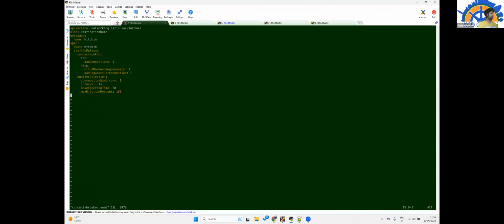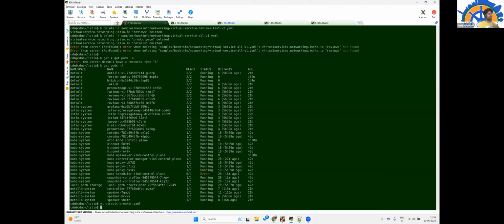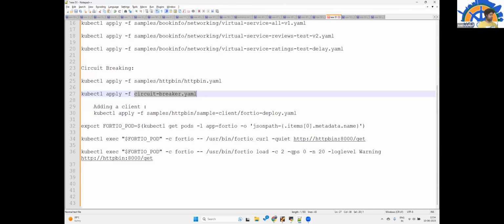This is a destination rule. It allows only a maximum of one connection. If more than one connection is there, that will be halted, and it will be retried after 1 second to see whether it is free or not. If we do a single request, it will succeed. If we do multiple requests in parallel, definitely some of them will fail.